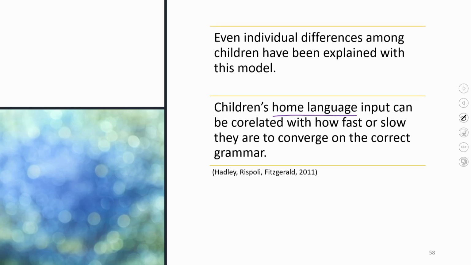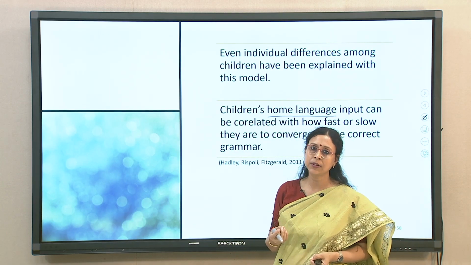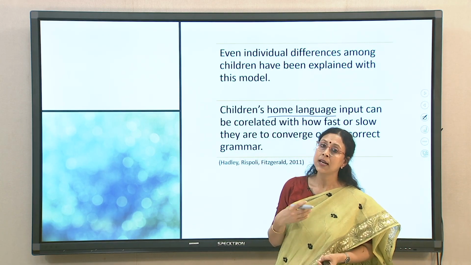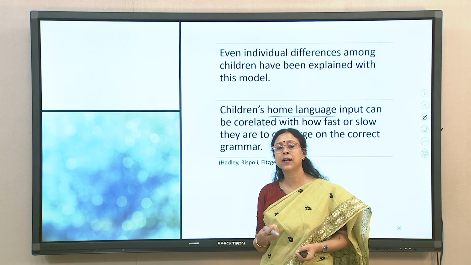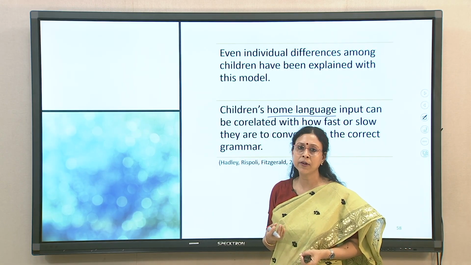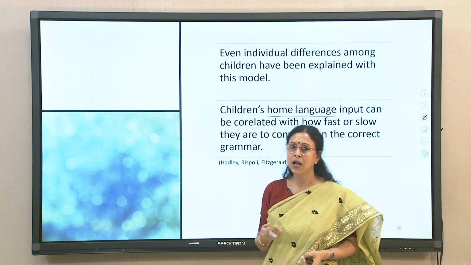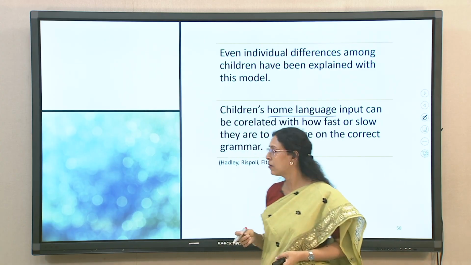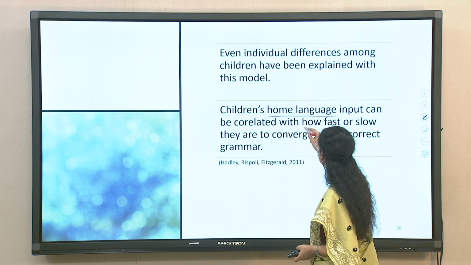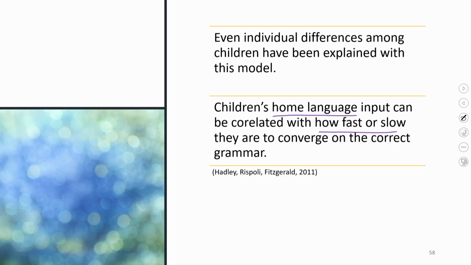home language. If the home language is less ambiguous, if they have the kind of input that is more beneficial for children to learn those structures, if they are more in the home environment, then they will learn it faster. That is how the correlation has been provided. So, how fast or slow they are able to converge, how fast or slow they are able to finally switch on the parameter depends on what kind of input they are getting in their home, in spite of, let us